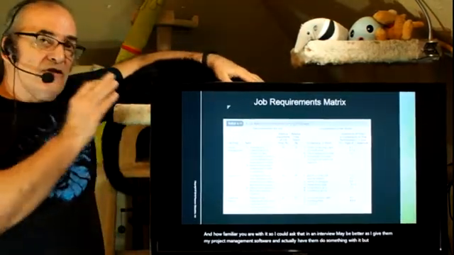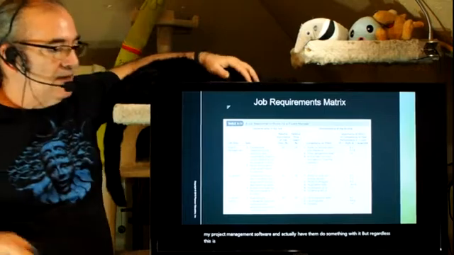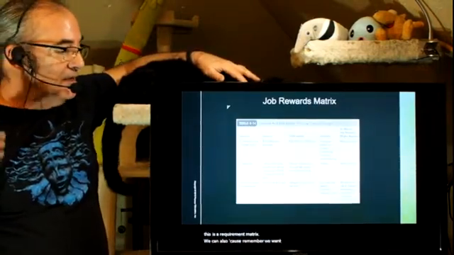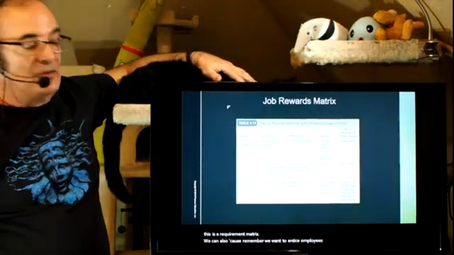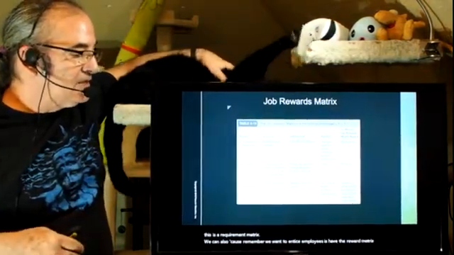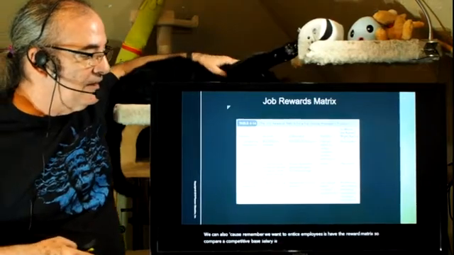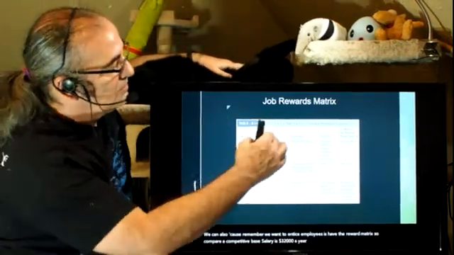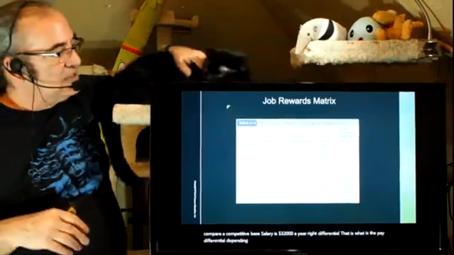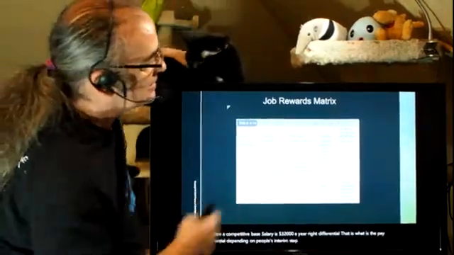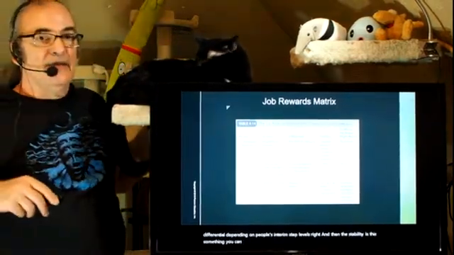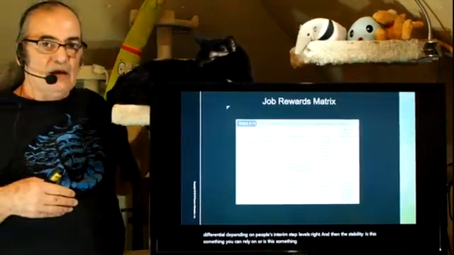Now, this is a requirement matrix. Because remember we want to entice employees, we can also have the reward matrix. So, competitive base salary is $32,000 a year, right? Differential, that is what is the pay differential depending on people's interim step levels, right? And then the stability. Is this something you can rely on, or is this something that would then be